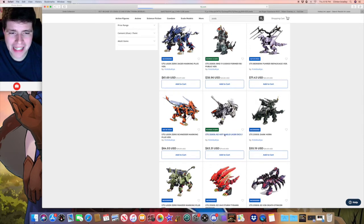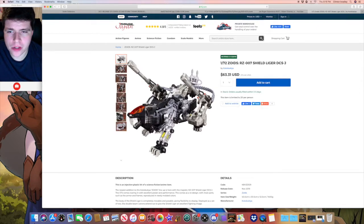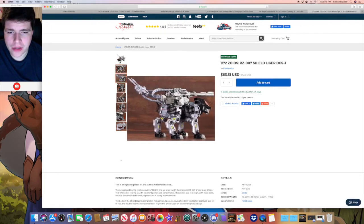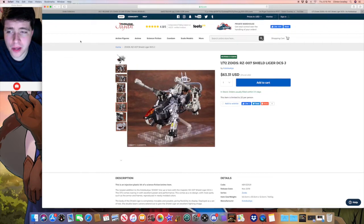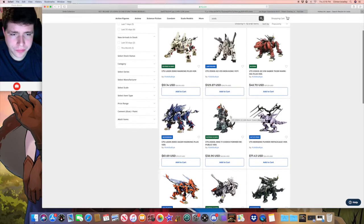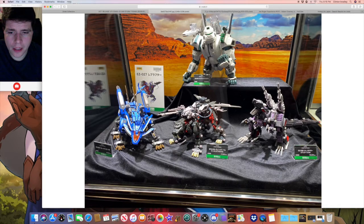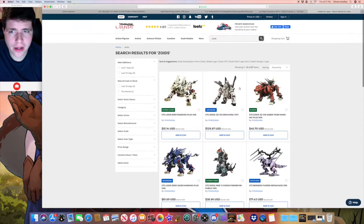I would highly, highly, highly recommend picking this guy up now while he's in stock, because this guy is going to go quick. And he's going to be very hard to find very fast. To me, this is a very sought-after kit. I've got mine, and I would highly recommend snatching it up while you can. The two Zoids we talked about in the other image, the Blade Liger and the Geno Saurer, pre-orders have stopped on HLJ for that. So we're actually going to go over to the